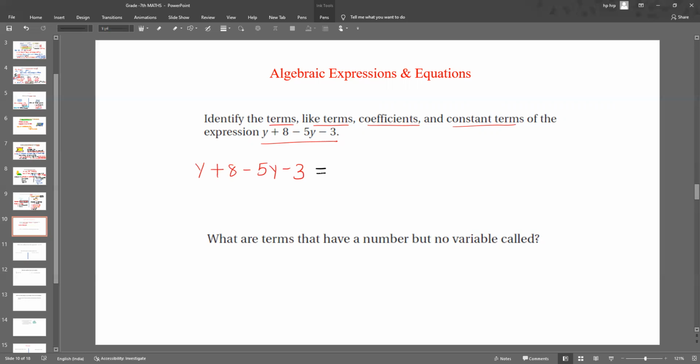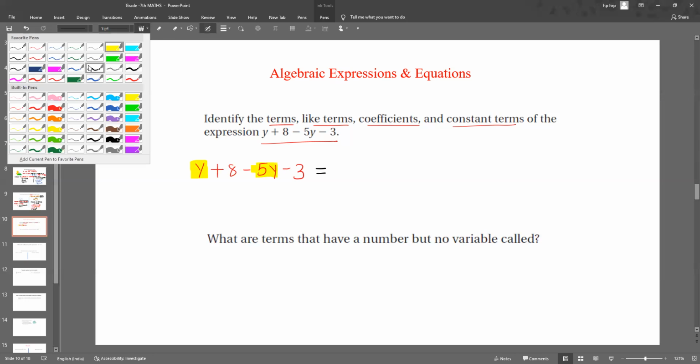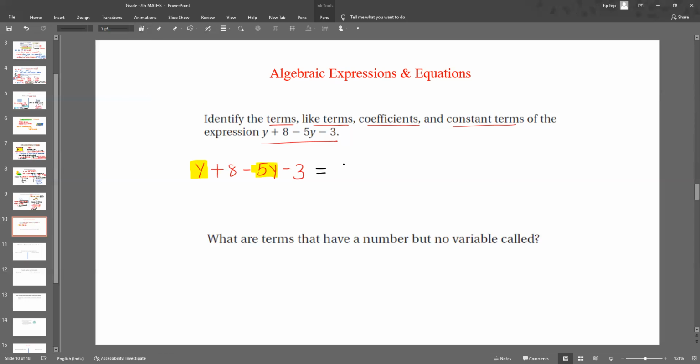So what can you say? The term would be y. No, here I can explain. Okay, here you can see what a term and a like term are. In this question we have y and 5y, minus 5y. This can be simplified, so we can combine these: y minus 5y.